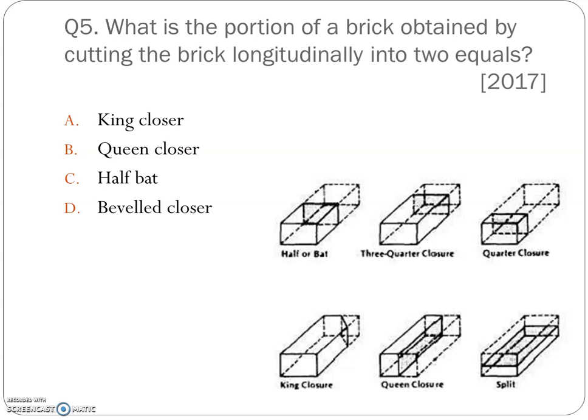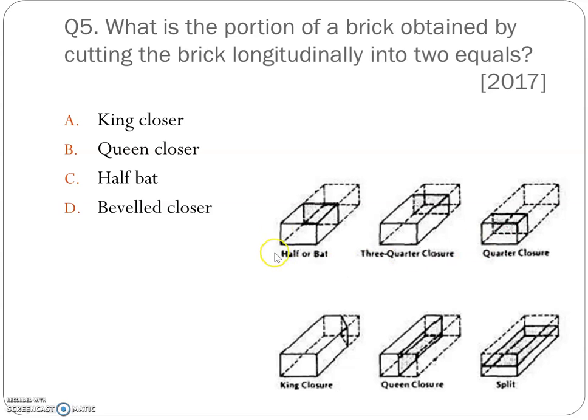So let me explain first what is a closer. Closer is a portion of a brick cut longitudinally and is used to close a bond at the end of a course. Okay, it can be cut in different shapes and this is used to just complete the bonding at the end of the course. It prevents the joints of successive courses from coming in a vertical line. That can be avoided using these closures. So we have different types of closures.